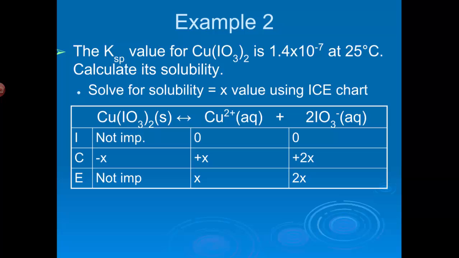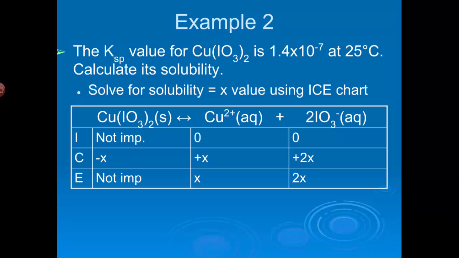Now that is going to affect the way you set up your ice chart. Now I don't care what our initial concentration of CuIO3 is, but there is initially no Cu2 plus and no IO3 minus. Some of the CuIO3 will go down by X. The same amount will go up by X for copper 2, but since it's 2 moles of IO3 minus per mole of copper iodate, 2X is the amount that will increase. And then at equilibrium, that means that our concentration of Cu plus 2 is X, and our concentration of IO3 minus is 2X. Plug that into your KSP expression,